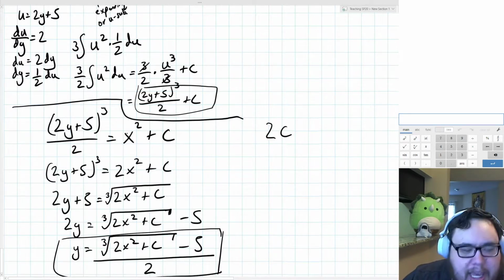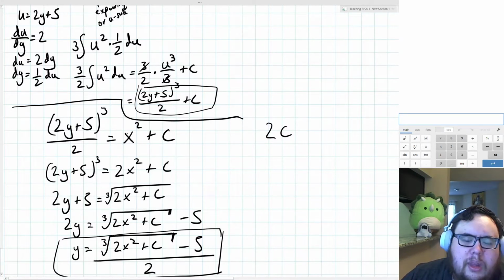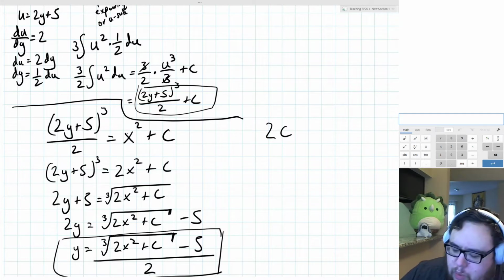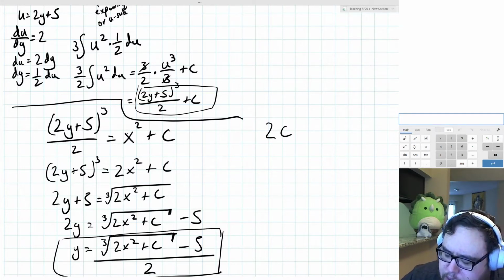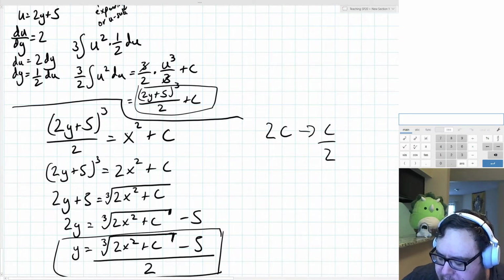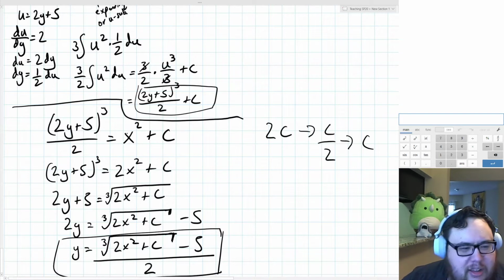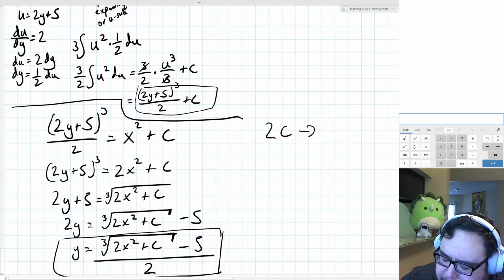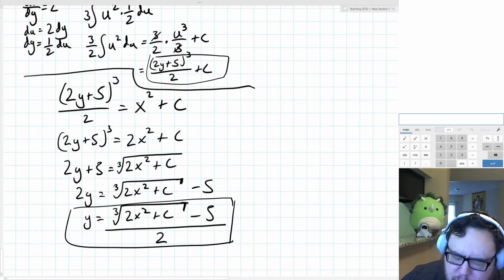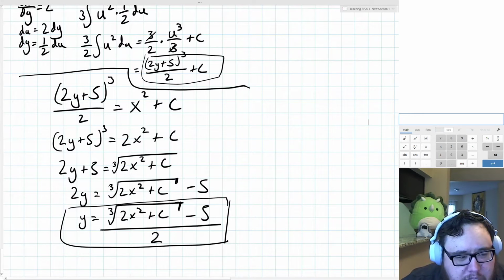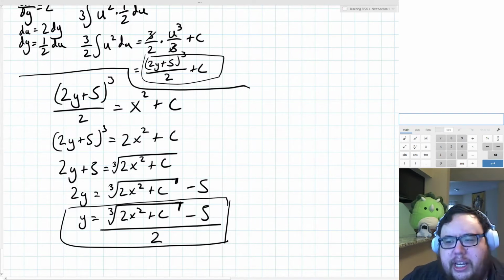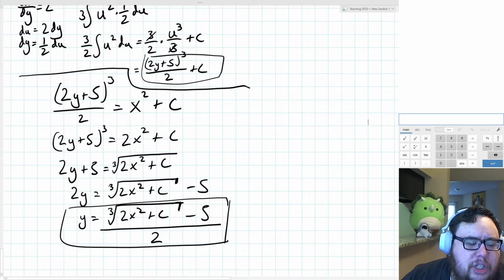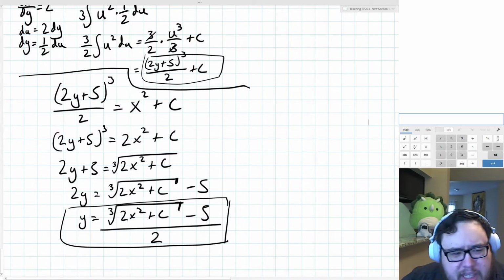The problem is that we're not really dividing this constant by 2 at the end. If we did 2c and then turned that into c, and then had to divide that by 2 later, we would also still turn that into c. Generally, we just absorb everything into our constant that we can, and keep writing the same c over and over again, just to simplify things.